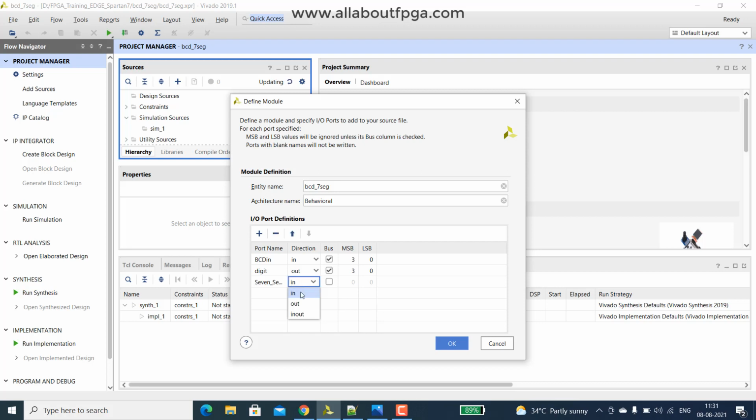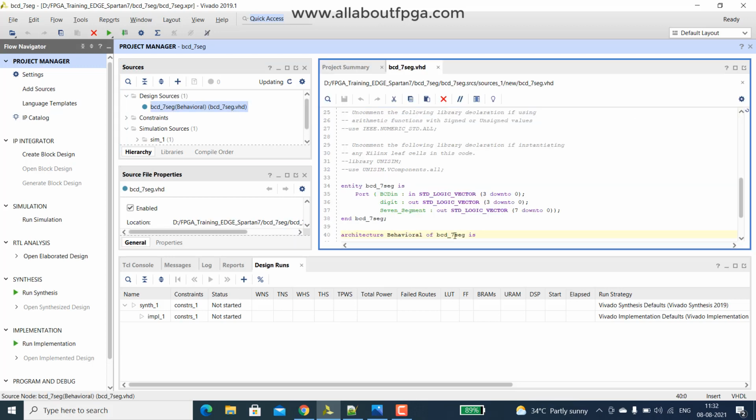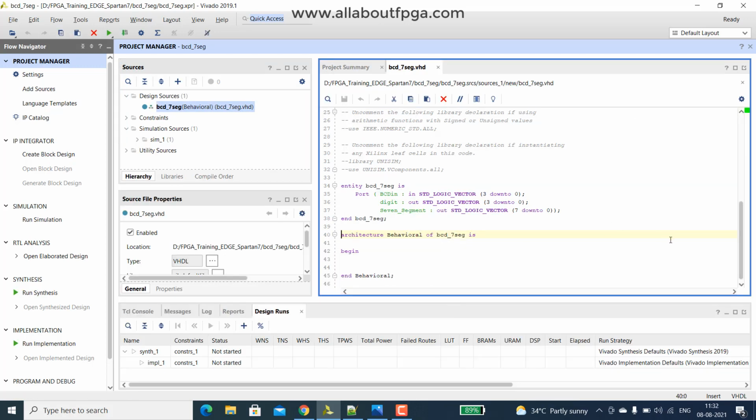So this is each of the segments. It should be 7 down to 0 including the dot point. OK. So this creates that entity.